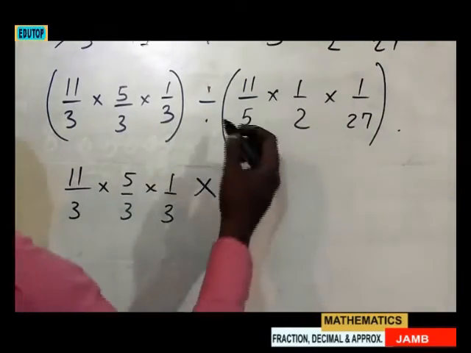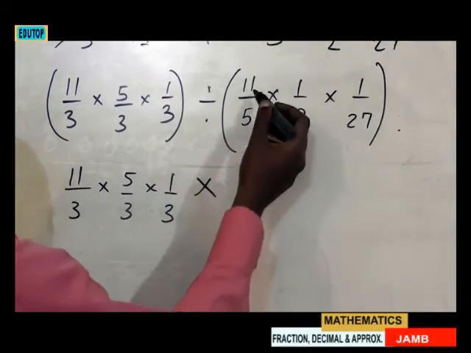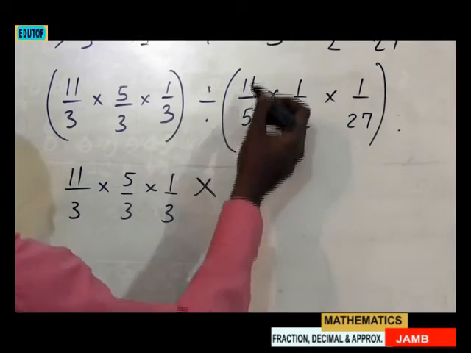What am I saying? In this situation, I've changed this division to this. So this one, the 11 comes down, 5